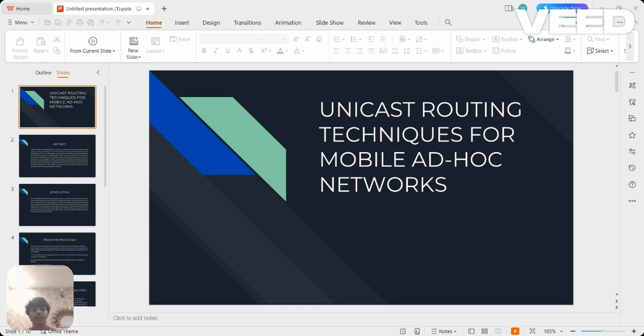A reactive protocol is characterized by the following procedures used to manage this: path discovery, path maintenance, path deletion. Data forwarding is accomplished according to two main techniques, that is source routing and hop by hop.